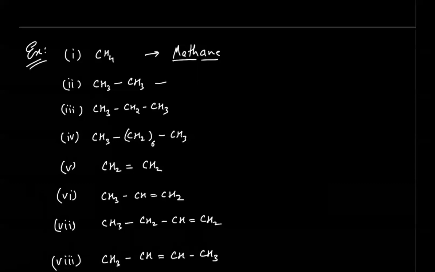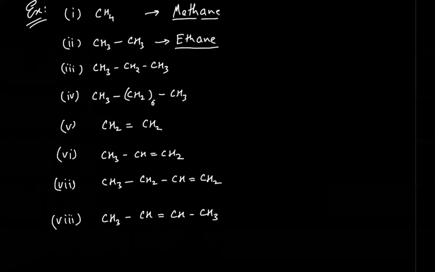Let's apply the same rules on another example. Here you have 2 carbon atoms in the parent carbon chain, the longest carbon chain, and there are no double bonds in it. So the word root for 2 carbons will be eth, and the suffix for single bonded carbon atoms is ane. So you add ane, and this becomes a single word, ethane. You pronounce it differently in different accents.